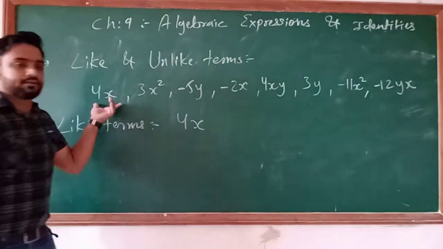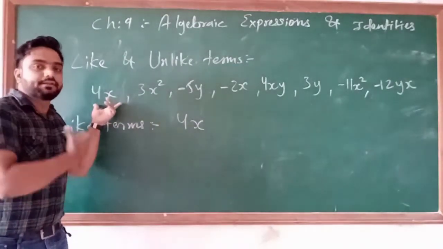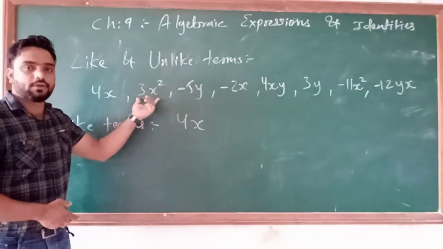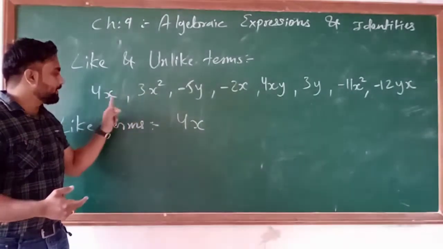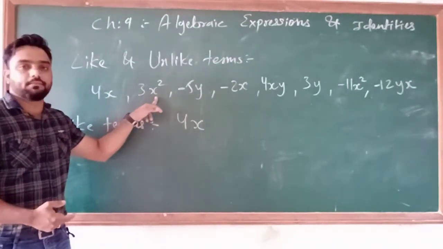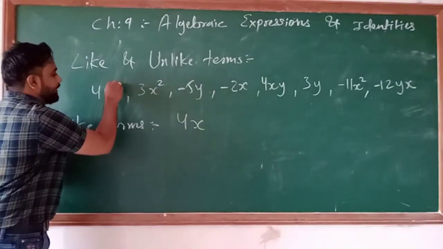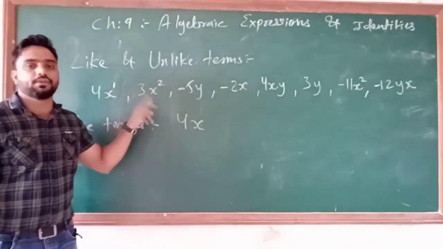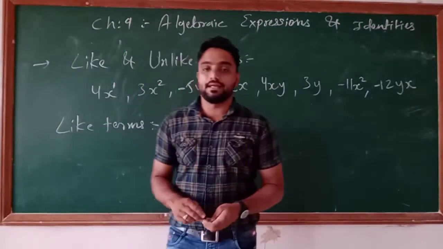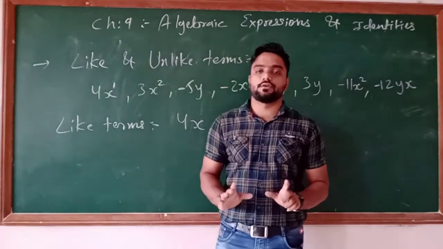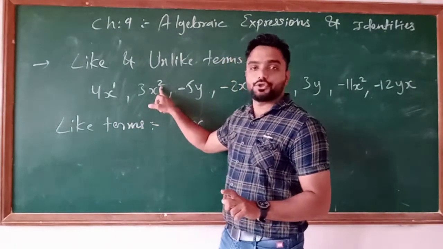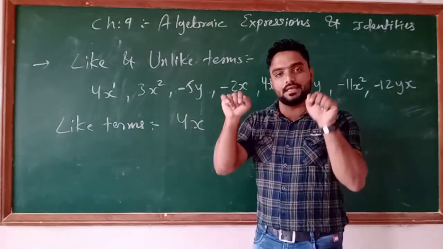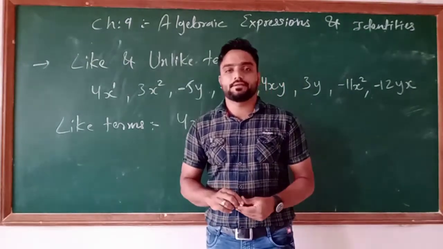Now 4x एक term है, तो इससे इसका like term कौन सा? Okay, so the second one I will check one by one. So 3x square. Okay, तो यहाँ देखो दोनों variable same है, यहाँ भी x है और यहाँ भी x है, but see here that the degree of variable here it is 1 and here it is 2, so you can't say that both are the like terms. आप यहाँ दोनों को like terms नहीं बोल सकते, understand or not? क्यों? कि यहाँ x का power 2 है और यहाँ x का power 1 है. जब दोनों के power भी same हो तभी उसको like terms बोल सकते हैं.